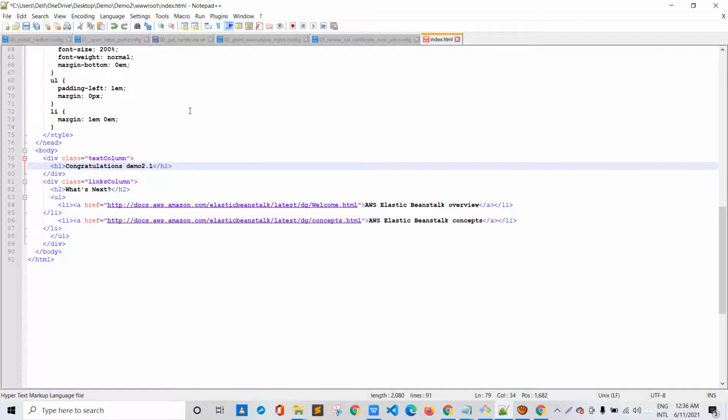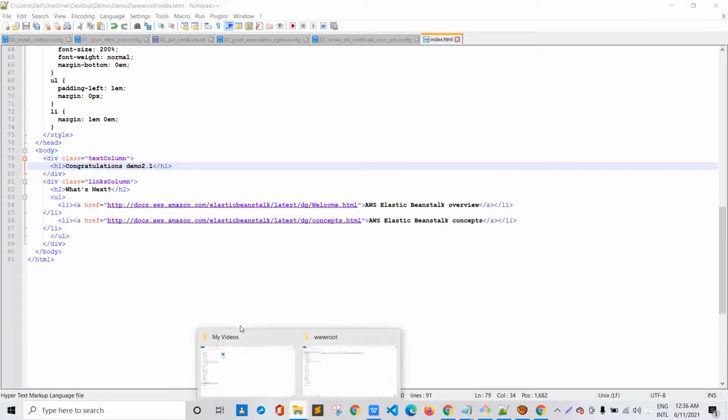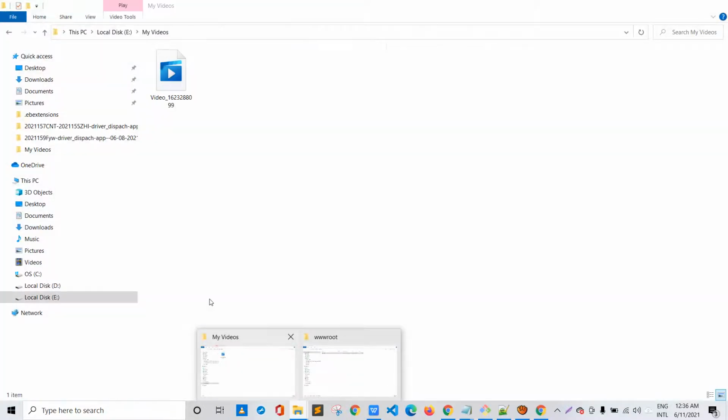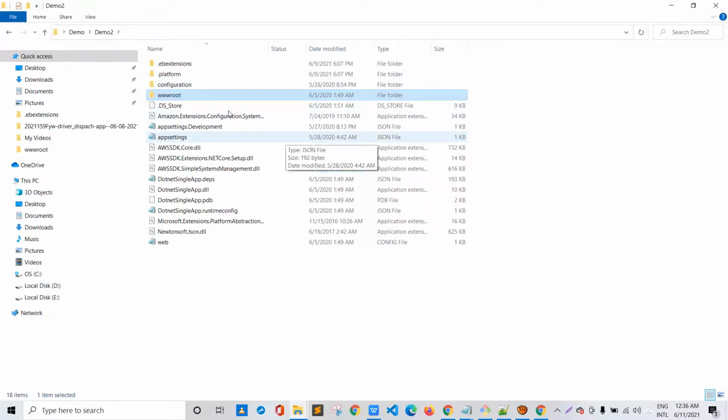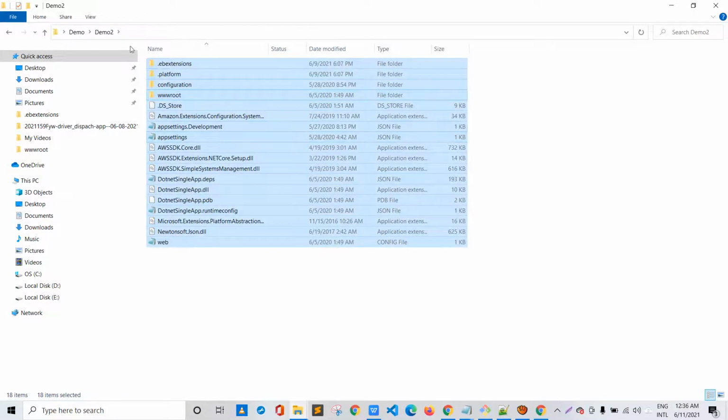That would be perfect. Let me save it and go to my folders section where my code resides, and go to demo 2, select all files. Make sure you have all the files inside this folder before you zip it. Please do recheck that, because that's important. In case any file gets missing, then our setup won't be completed.